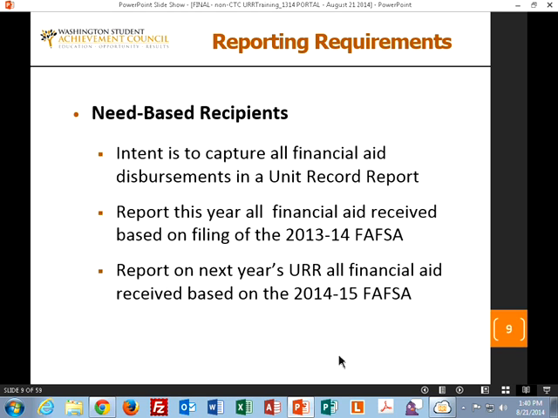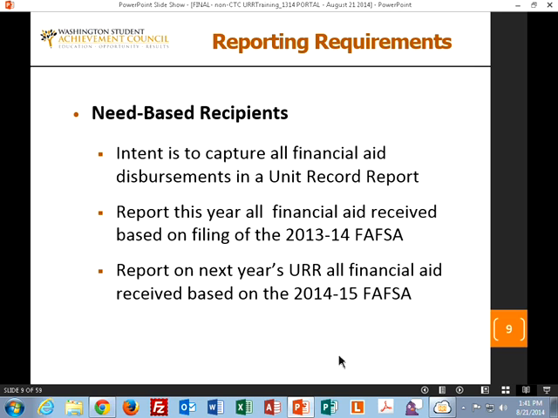For our need-based recipients, the intent is to capture everything they have, all the various disbursements, in a single unit record report. This will blend into the discussion of summer programs in a minute, but everything that was based upon a 13-14 FAFSA would be reported.